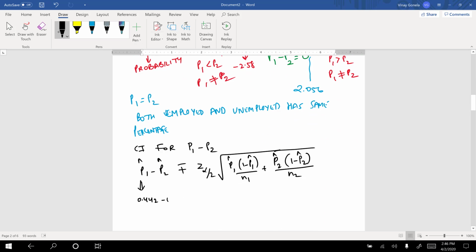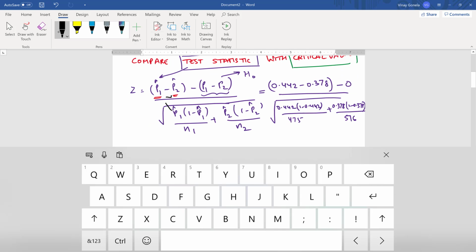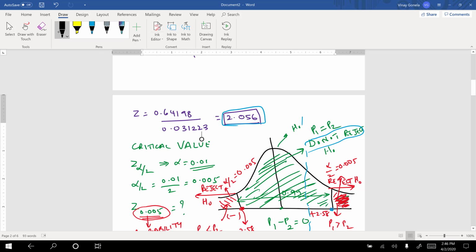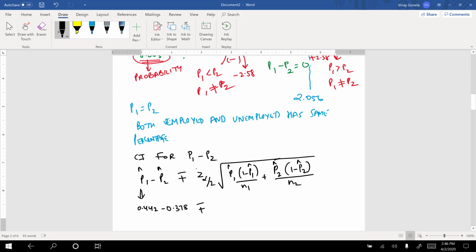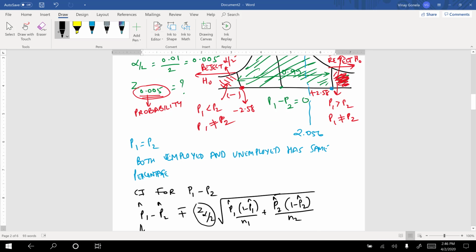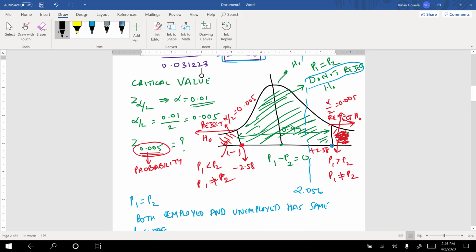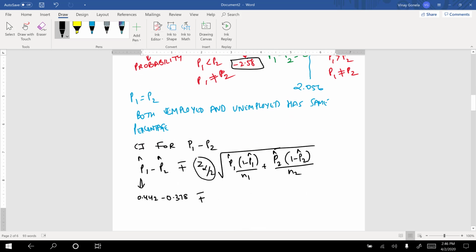So this will be 0.378 minus plus z alpha over 2. If you see, the z alpha over 2 you got here is negative 2.58. You went and looked at the z table. So negative, or positive, the sign takes care of that, 2.58